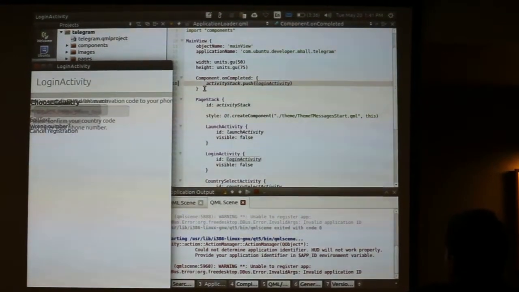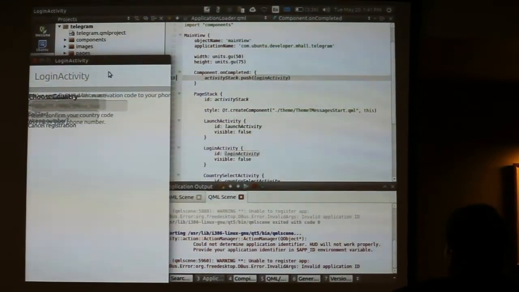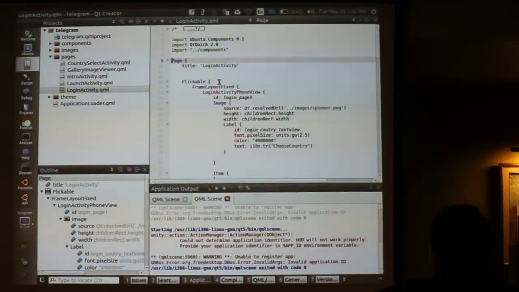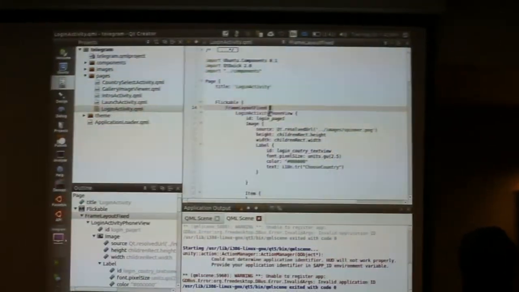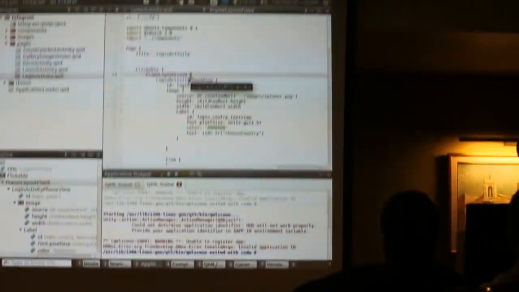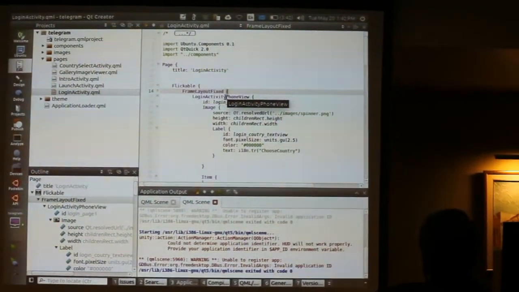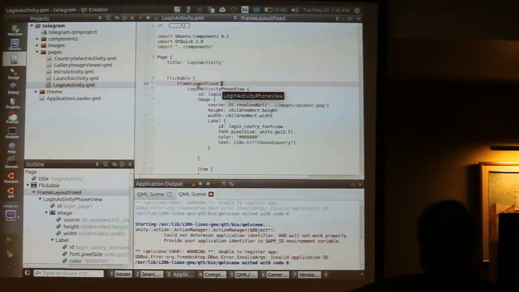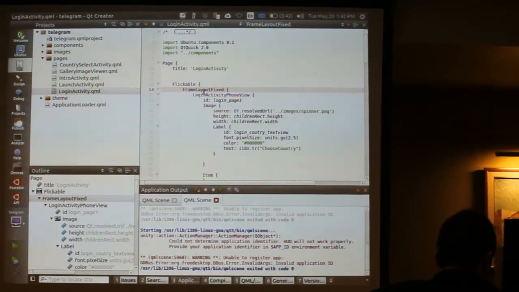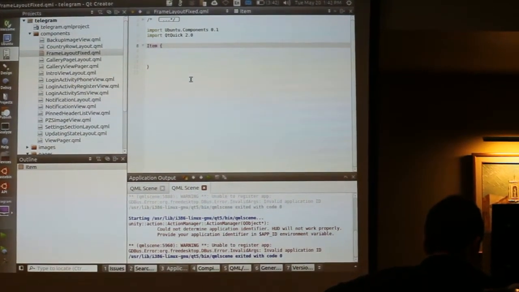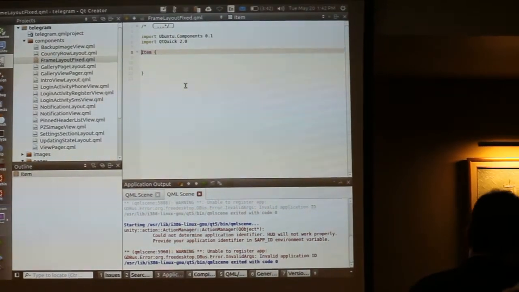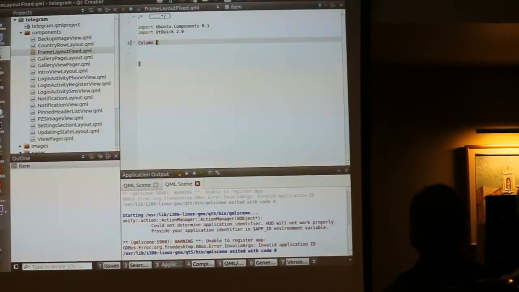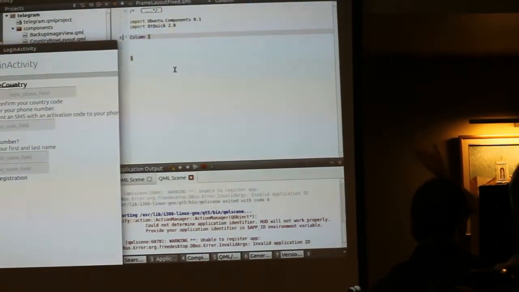You can see here, it's got a lot of content, but it doesn't look real nice. So that's the login page. And if we go to that, you'll see it has this frame layout fix, which is a custom subclass that the Telegram app has. It's based on an Android component, but then they do a lot of stuff in Java to change the way it works. Since I'm not reading Java, it just defaults back to an item for any component that it doesn't recognize. Looking at the Android code, I saw that it works kind of like a column. So if we just change that custom component to use column as a base, now it looks like